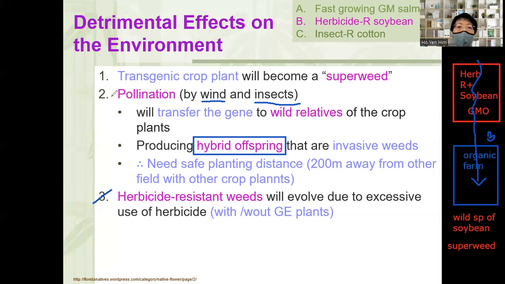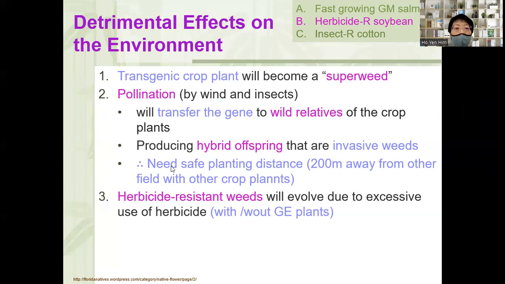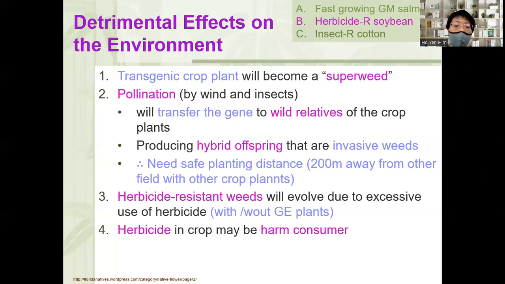So whether we produce GMO or we don't produce GMO, the weed will be resistant to herbicide anyway, right? So what's the difference whether we use GMO or not? If you don't use GMO, you also use herbicide, so a resistant strain of the weed will be produced also. Okay. The next thing, when we start to spray a lot of herbicide, it may be harmful to us who consume